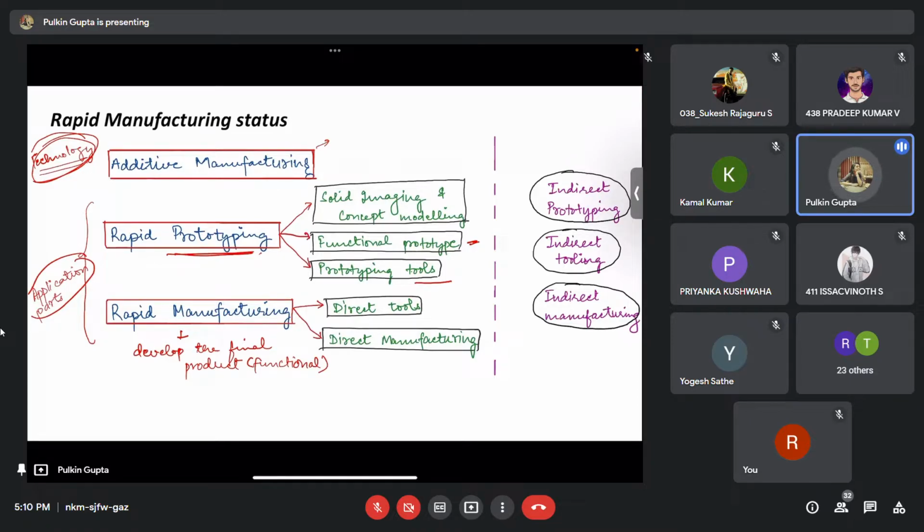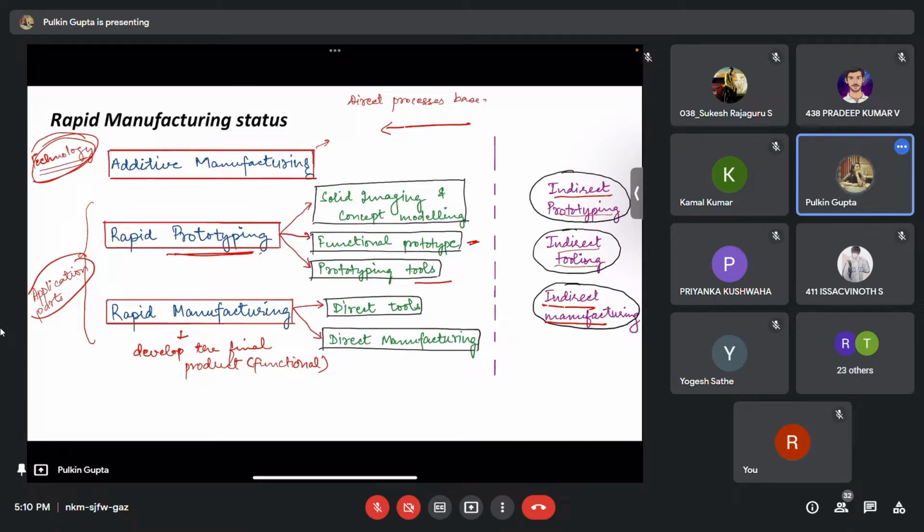And then in rapid manufacturing, we have direct tooling and direct manufacturing. Then, as a part of rapid manufacturing only, we have indirect prototyping, indirect tooling, and indirect manufacturing. So, these are all towards the left, these are the direct processes